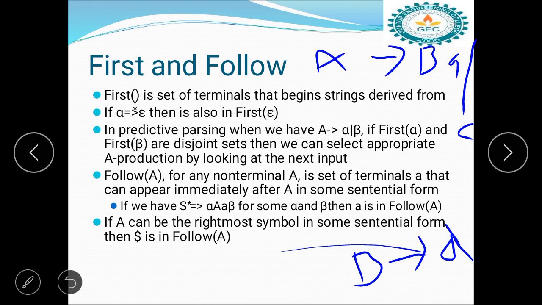B tends to small d. So first of A equals d. And also there is another production, A tends to small c. So first of A equals c comma d.